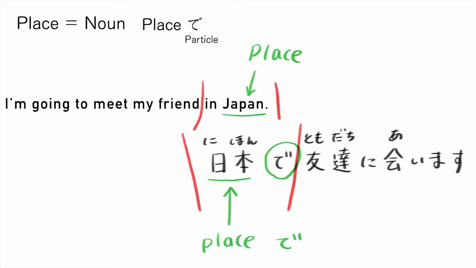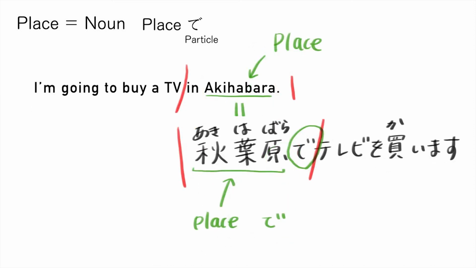I'm going to meet my friend in Japan. In Japan is the place, so 日本で友達に会います。